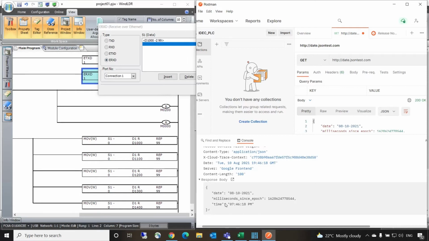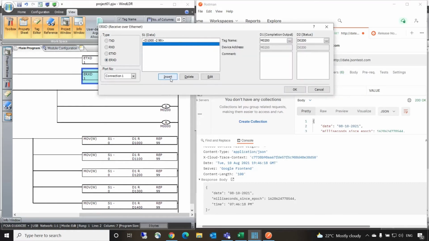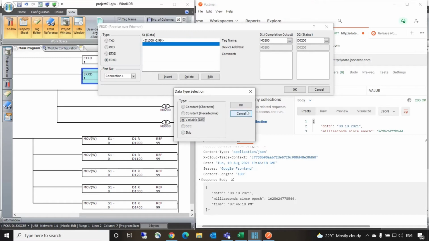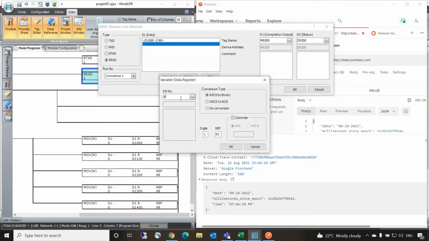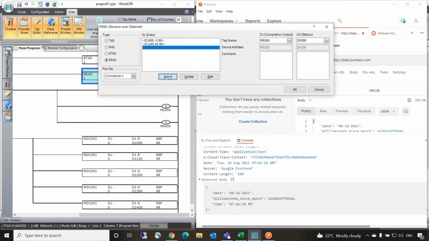So this complete data we will be receiving in the PLC. So for that, we need to mention how many registers are required. So I'll take additional registers here anyhow. B1100 to 99. Click OK.